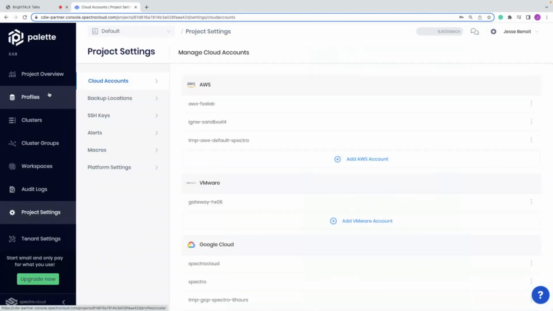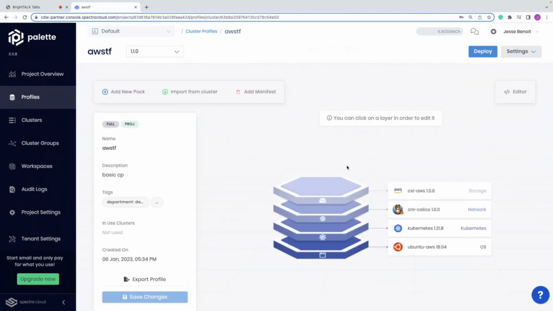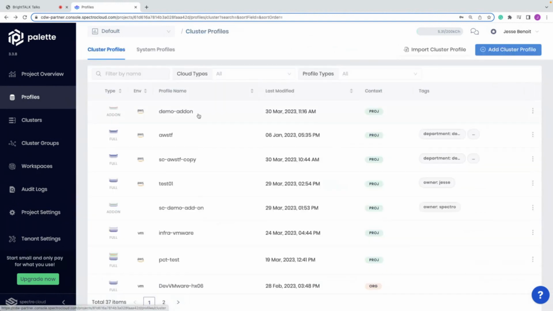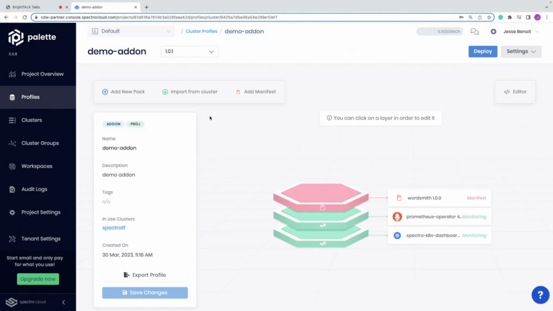So the next step, and you saw Kyle had just kicked off some Terraform script. Well, his Terraform script connected via the GUI and created this custom profile. I'll come back to that in just a moment. He did that one. And then he also did what's called an add-on profile. So he did all that with Terraform, which is the real way that administrators use Kubernetes. For demonstration purposes, though, the GUI is great to show what was going on behind that. So we'll do some of the things that Kyle just did, but in the GUI.